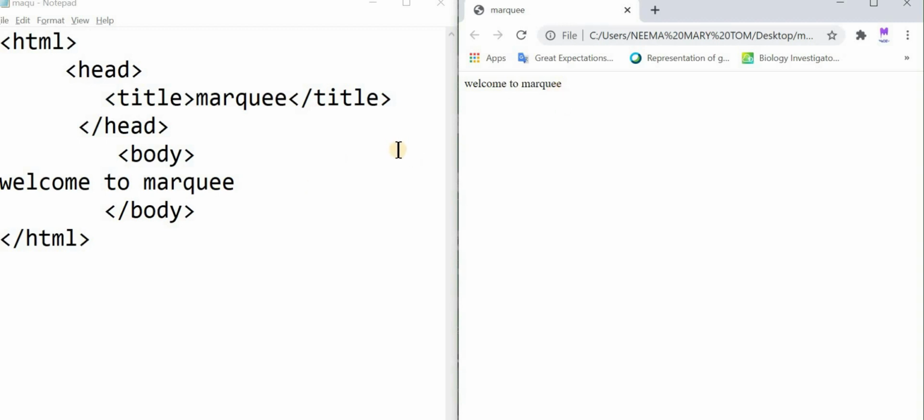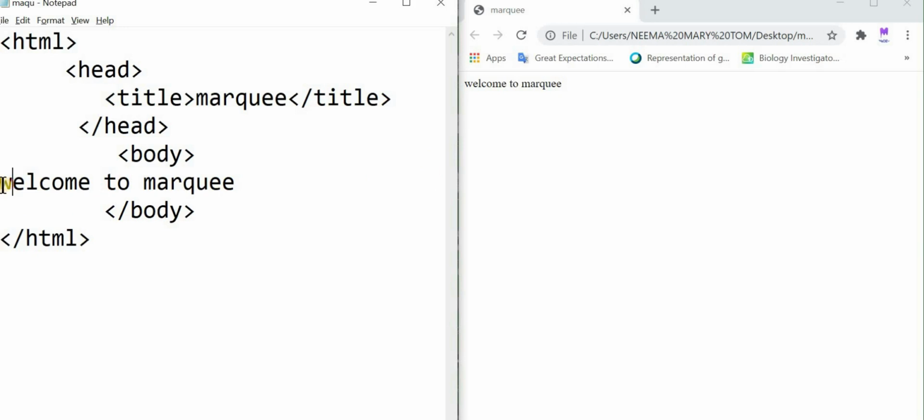Now let's add the marquee tag to this text. The marquee tag is a pair tag. It consists of an opening tag and a closing tag, and it is a block level tag. And what is the peculiarity of a block level tag? It occupies the full window space from here to here.